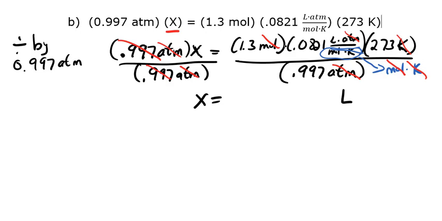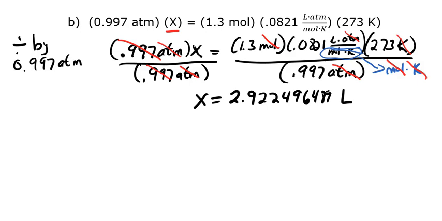Then we'll do the numbers, and in your calculator you will punch in 1.3 times 0.0821 times 273 divided by 0.997. Now when I do that, I get a long string of numbers, 2.922496489,